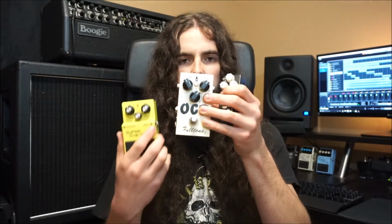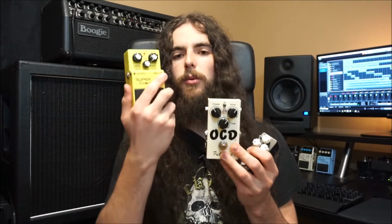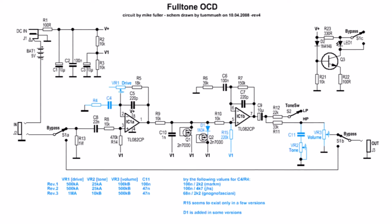Now, the funny thing about the OCD is that it actually mirrors a hard clipping pedal like this in terms of its circuit design more, but the overall sound quality sits somewhere between the two. And in fact, I would say on the lower side of the drive control, it actually sounds more like one of these. That's because in addition to one diode that the OCD uses in this grounded output section, there's a pair of